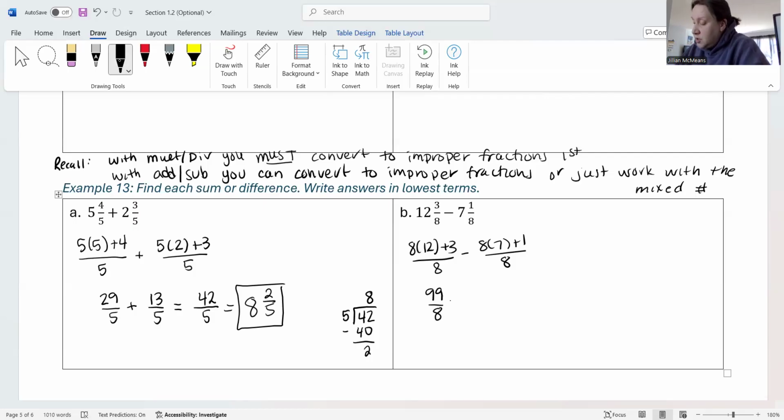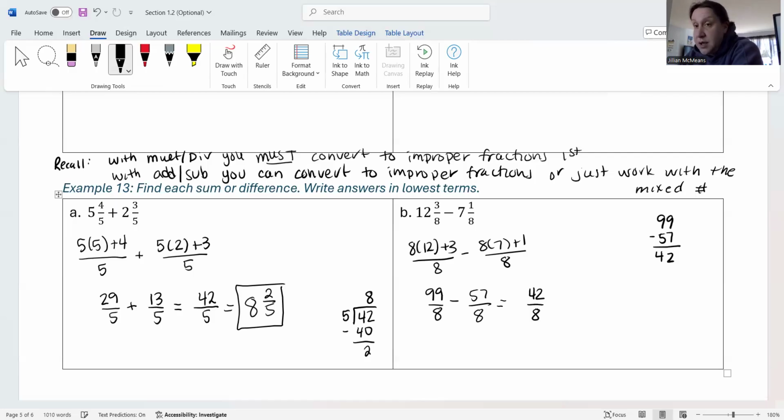And then we're going to subtract from that. Let's see, 8 times 7 is 56. 56 plus 1 is 57. So we're going to subtract 57/8. If you don't believe me on any of that, use a calculator. All right. So over here, we're going to do a little side work. We're going to take 99. We're going to subtract 57. You can see pretty easily we're going to get 42. Okay. So this is going to equal